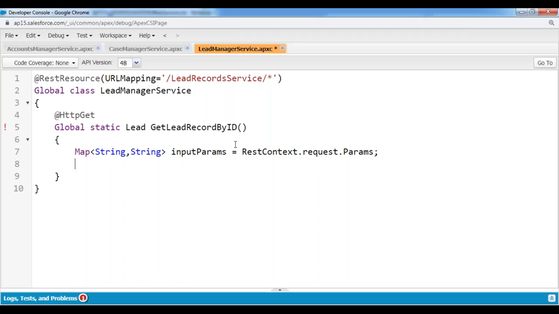So they're passing one lead record ID. I need to collect that lead record ID from the map collection, right? Yes. How can we collect that? So we have this input params